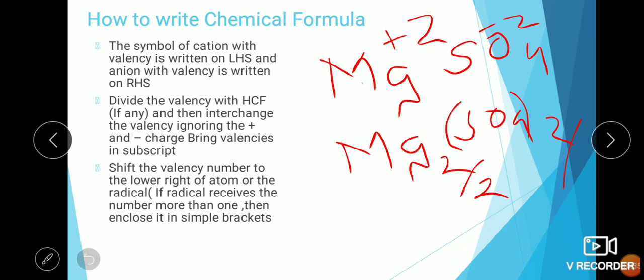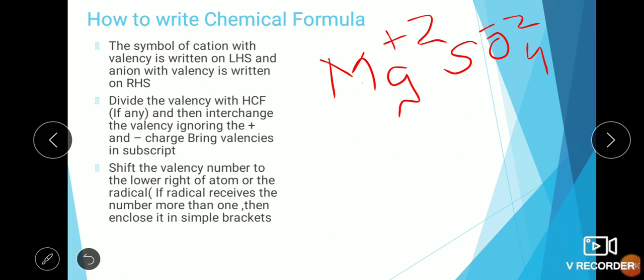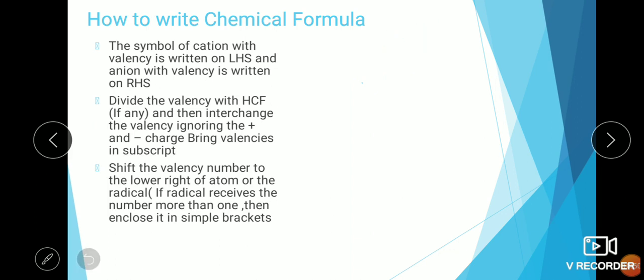So I believe now we are clear with how to calculate the molecular formula, that is the chemical formula. Please remember, molecular formula and chemical formula, they are one and the same thing. When I say chemical formula, that means the chemical or symbolic representation of a compound having 2 or more elements.